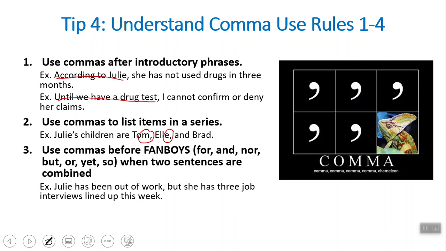There we go. Number 3, use commas before FANBOYS conjunctions. So if you've heard about these before in one of your other classes, FANBOYS is an acronym. It stands for for, and, nor, but, or, yet, and so. So the thing about FANBOYS is that they're called conjunctions, and you use those conjunctions to combine